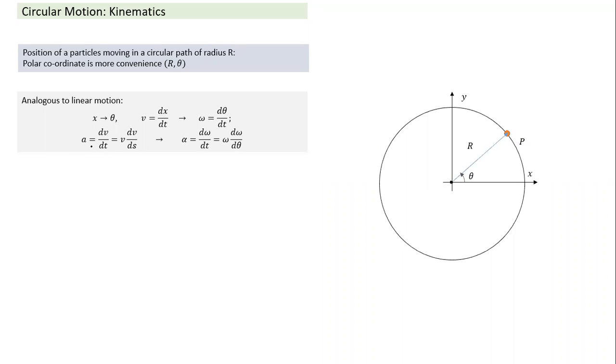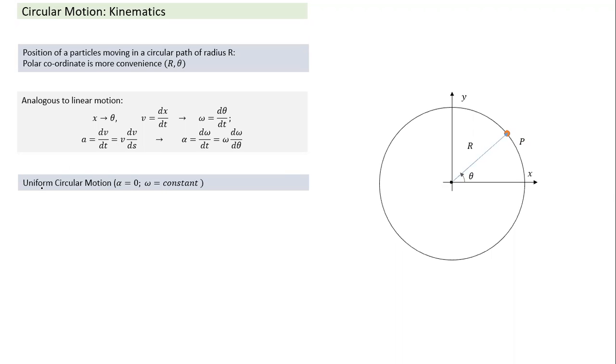And we had acceleration in two forms, dv by dt and v dv by ds. So here also we have the corresponding acceleration term. Every term is prefixed by angular. Everything is given in form of angular. Angular acceleration is d omega by dt, and that is equal to omega d omega by d theta also. d theta is also nothing but displacement. Right. And whatever things we have parallel here, this parallel treatment continues even further.